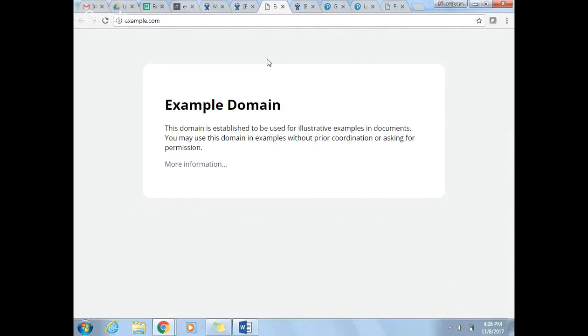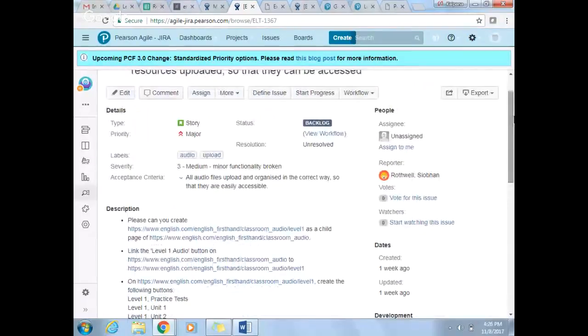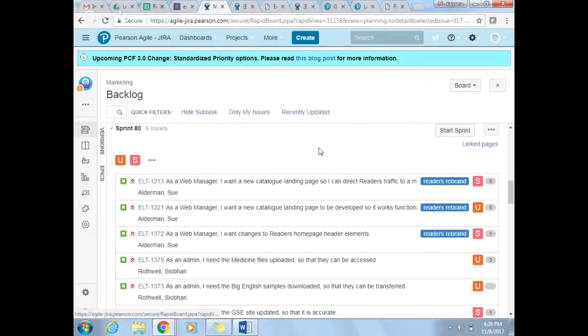Do you have velocity for it? Shivan, is it okay if we stop here? Because we have complex stories in this sprint, and I think we are waiting for level 1 and level 2 for two other stories.